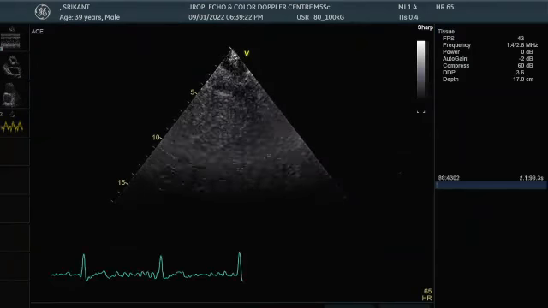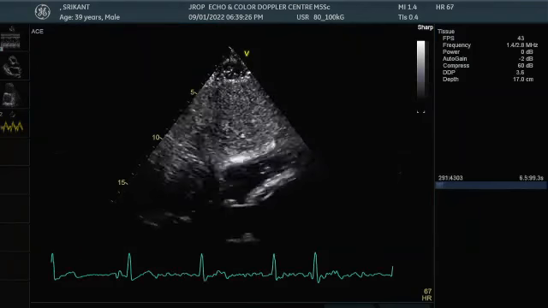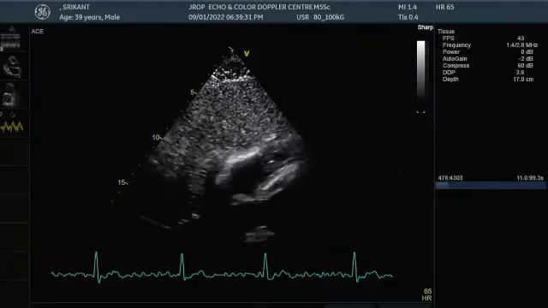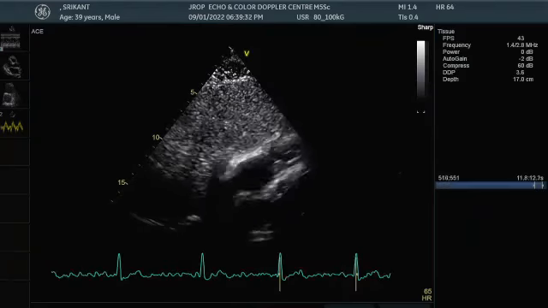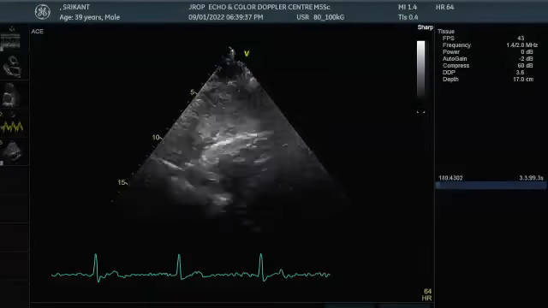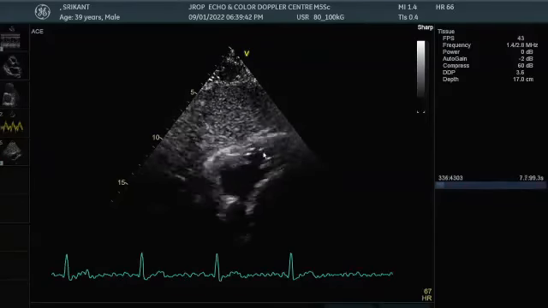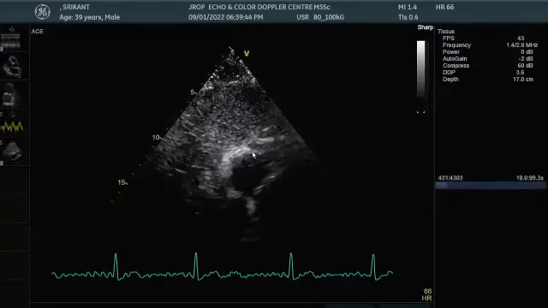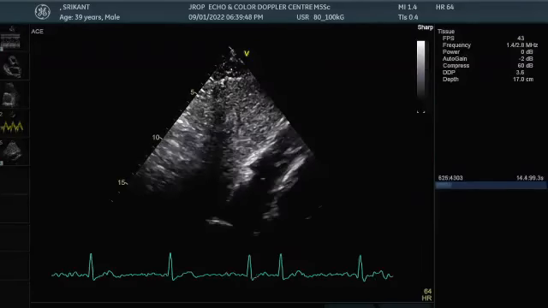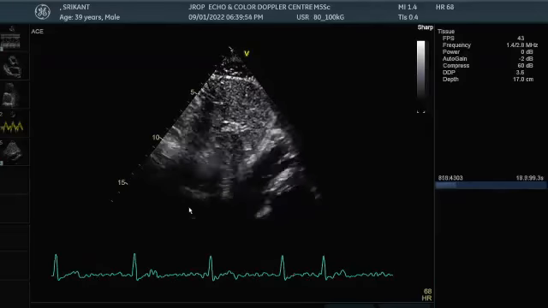Next comes our subcostal window. Index mark at 3 o'clock position. So this is what we look at in the subcostal window. We look for RV free wall. We are not bothered for anything else. Now look at the thickening of the RV free wall. Then counterclockwise rotation will open up my IVC over here. So I can see my IVC.